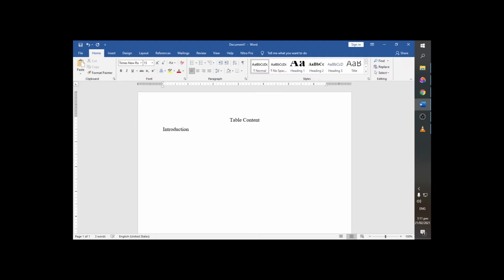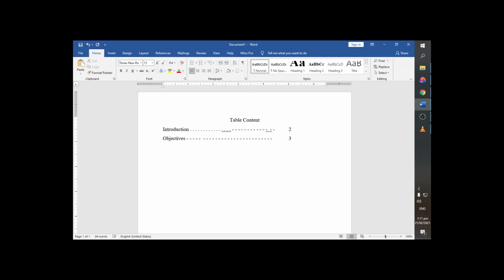I have introduction there, and I want to add dots, or some would use dashes, and then they will type in the page number, page 2. And let's say objectives. They will do this again, put dashes, and then put the page number, page 3, and it takes time